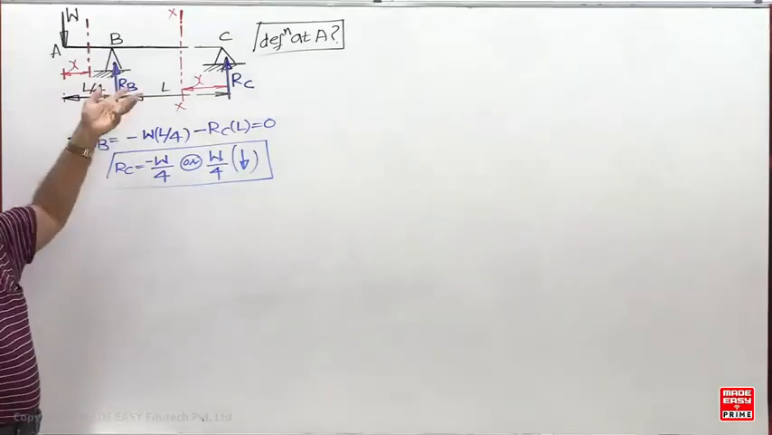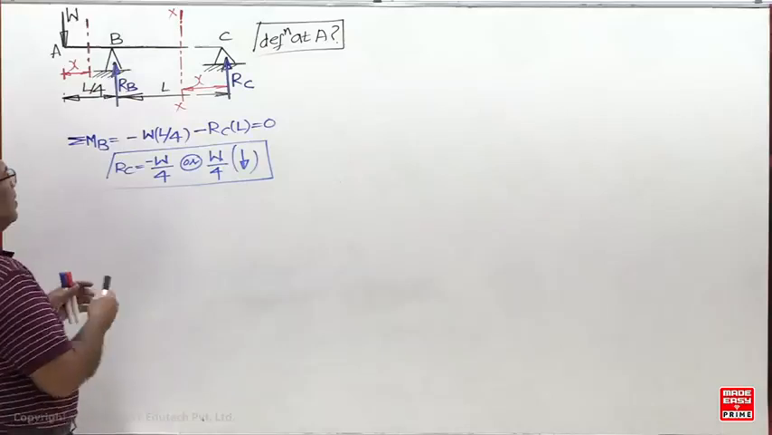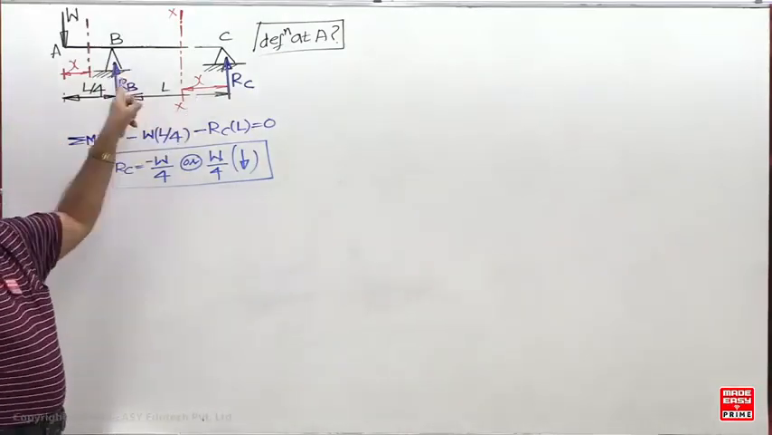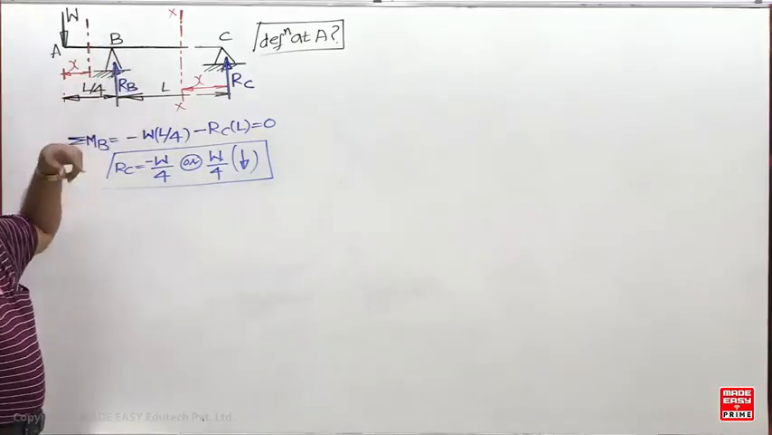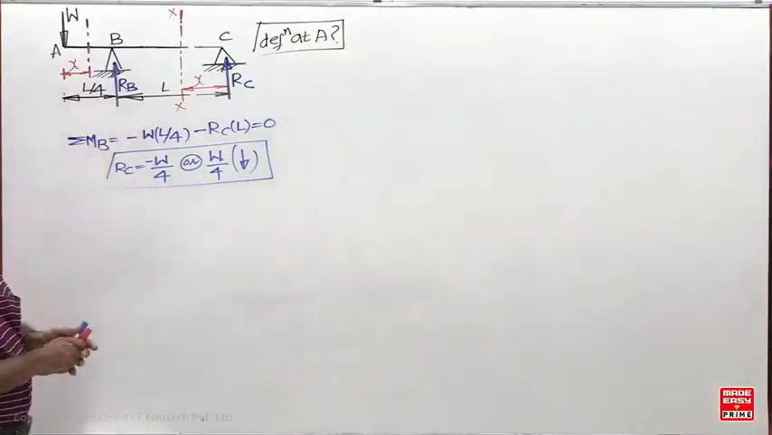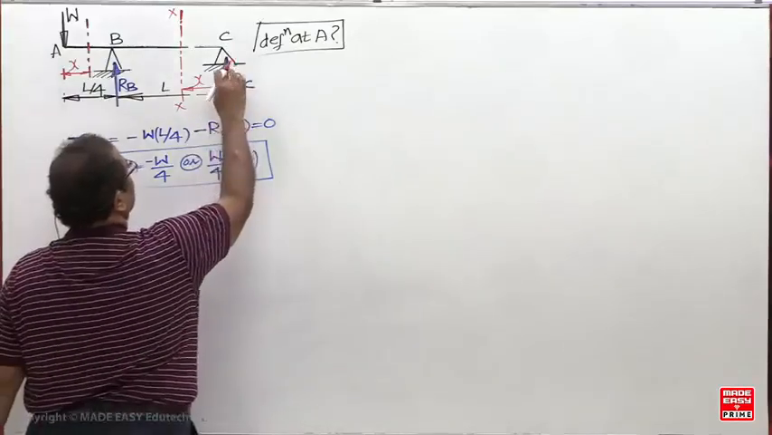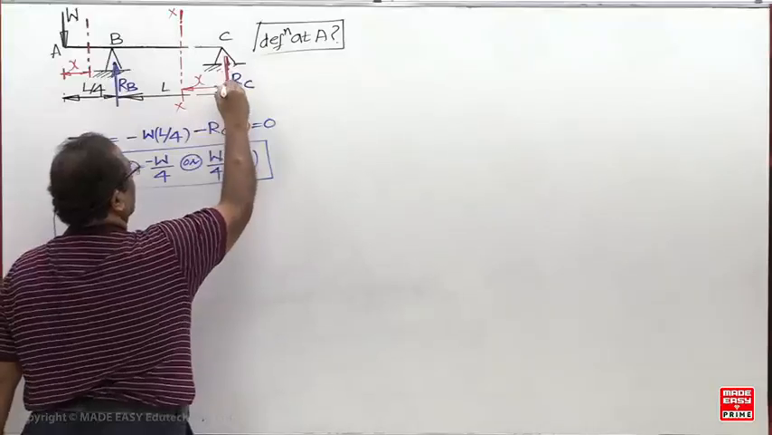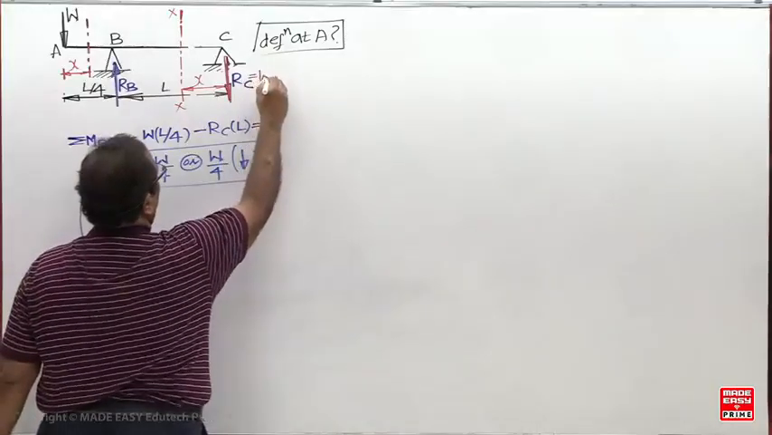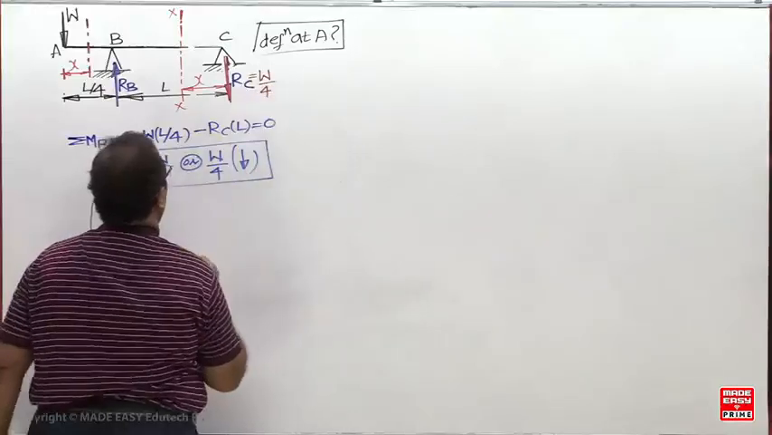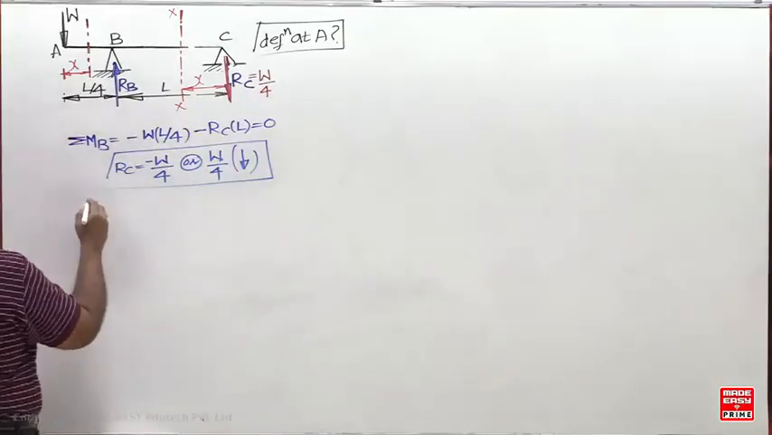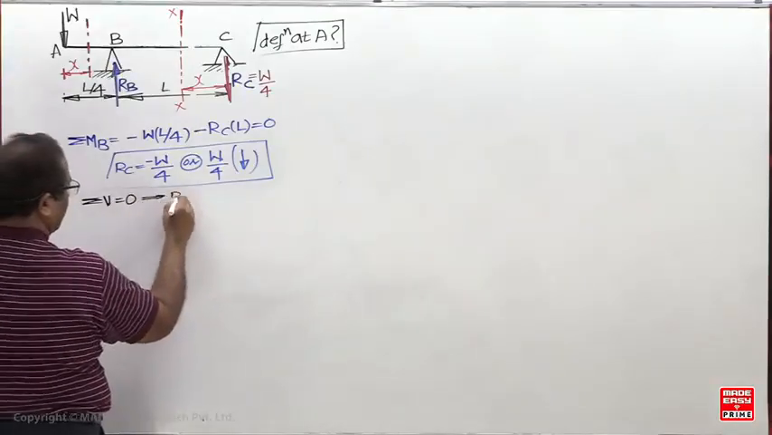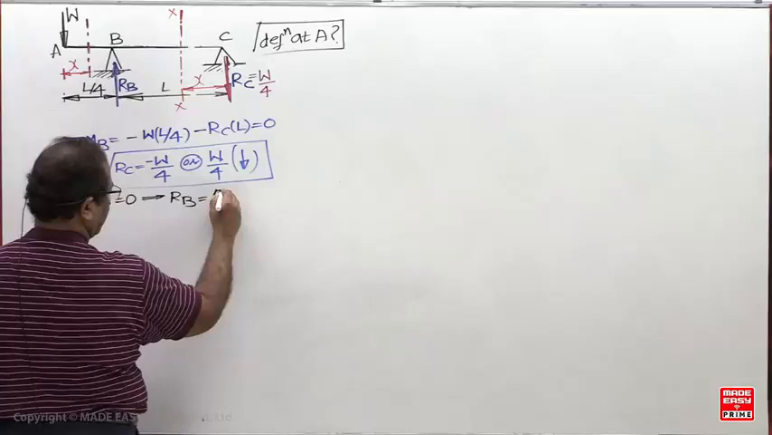By chance if you ask for RB, then you can use sigma V is equal to 0. Here you cannot use any shortcut method. You have to go for the general method only. If you ask for RC, directly take the sum of the moments about B. Suppose you are also interested in RB, then you can go for sigma V is equal to 0. So change this direction now. Then by using sigma V is equal to 0, RB will be